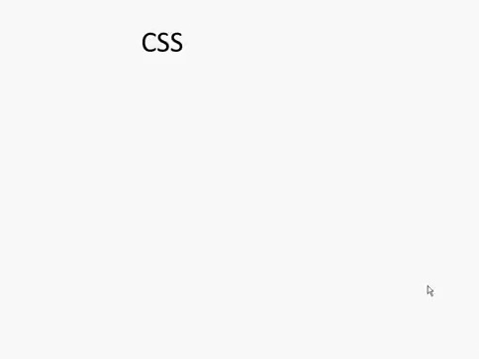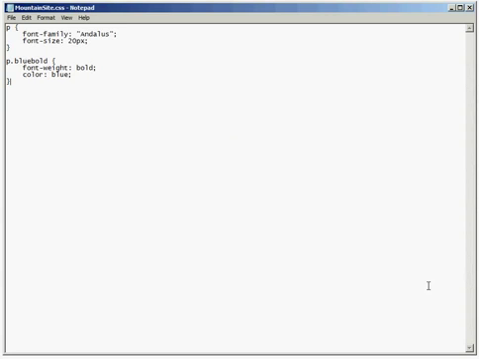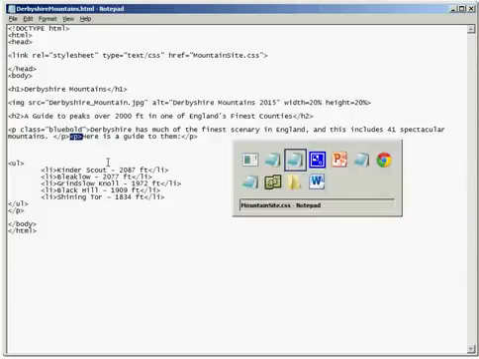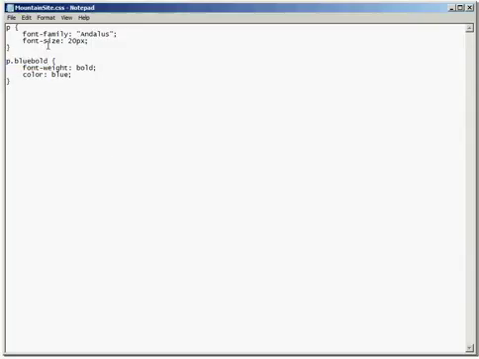Now, the reason why CSS is called cascading style sheets leads us on nicely to a simplified version of those 2 styles that we just looked at. What I've done here is I've got rid of the p.normal style, and I've now just got a p style and a p.bluebold style. And if I go and look at my HTML, I'm only using p class equals bluebold and p, and not p class equals normal. And because the style for p is what I also want to use in my style for blue bold, with the addition of these 2 properties,